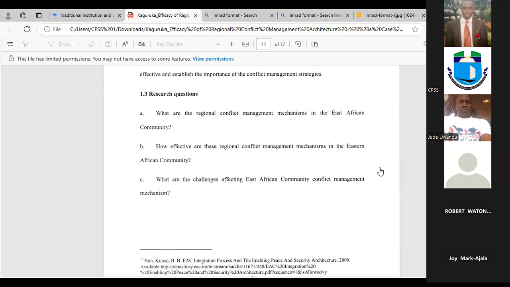And if you look at it, very specific. What are the regional conflict management mechanisms? In where? In this community, in this region. How effective are these? Because it is when you know this that you can find out then what are the